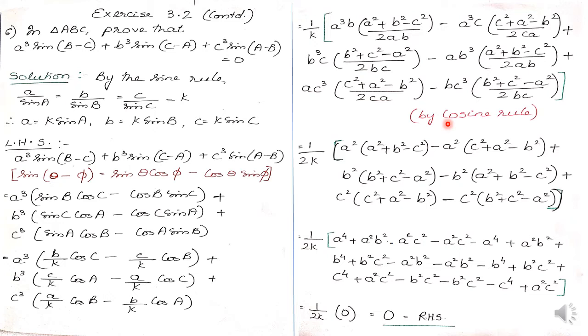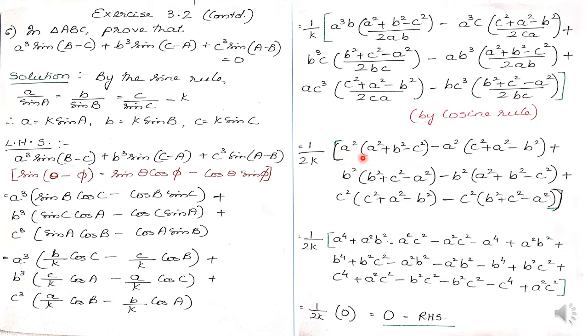Then similarly cos B and cos C are also modified and written in the bracket. Then we observe that 1 upon 2 is common again for all the terms. Therefore, 1 upon 2 is written outside the bracket. So we get 1 upon 2k outside the bracket. And then inside the bracket, we observe that in the first term, for example, ab is common for both numerator and denominator. So ab is cancelled out, and thus we get these terms. Similarly, for the other terms also, whatever is common in the numerator and denominator is cancelled out, and thus we get all these other terms without the denominators.